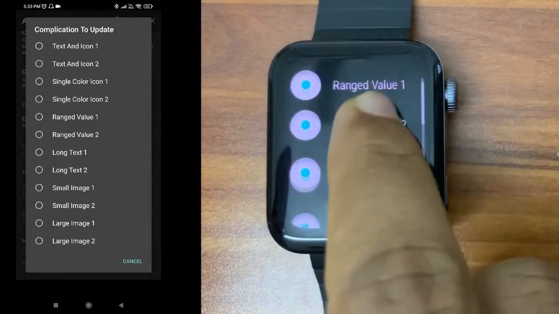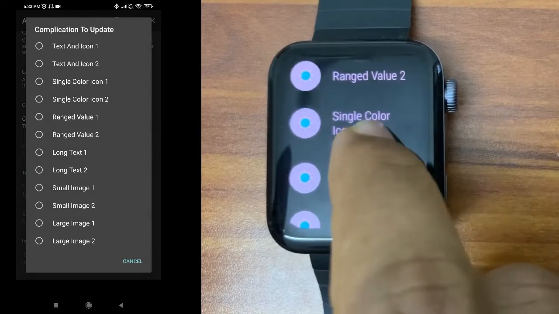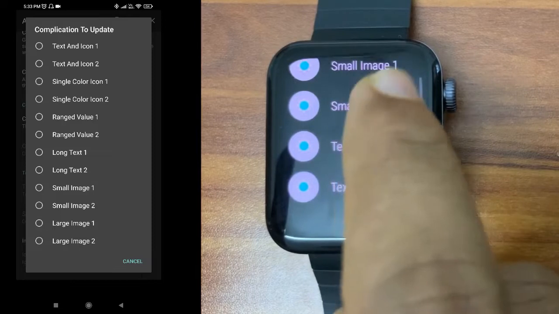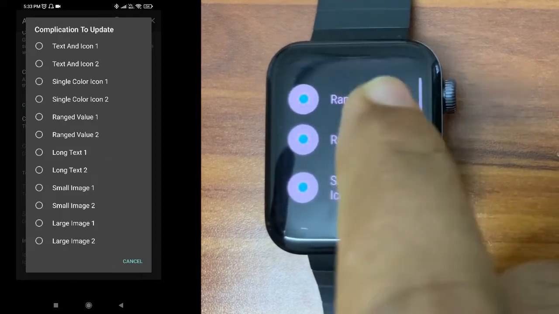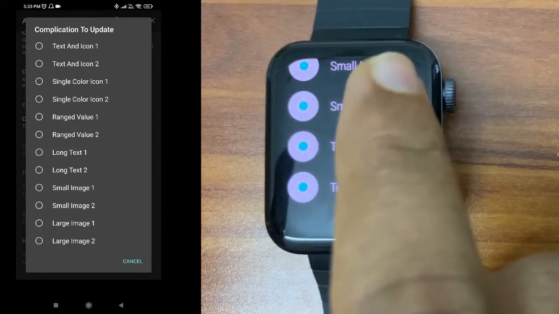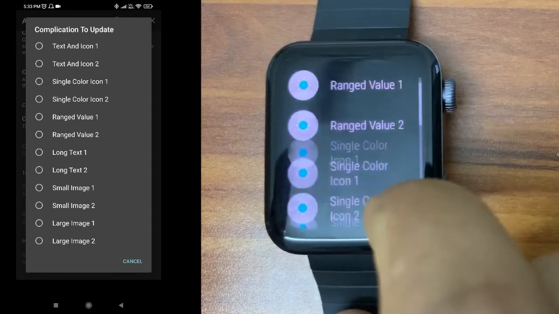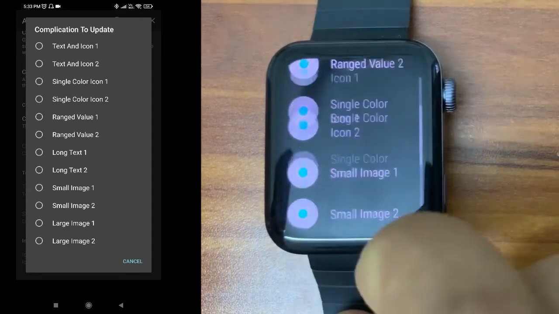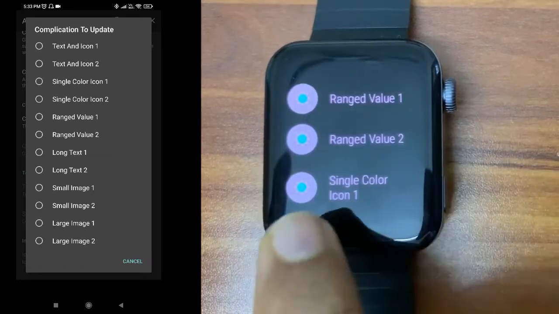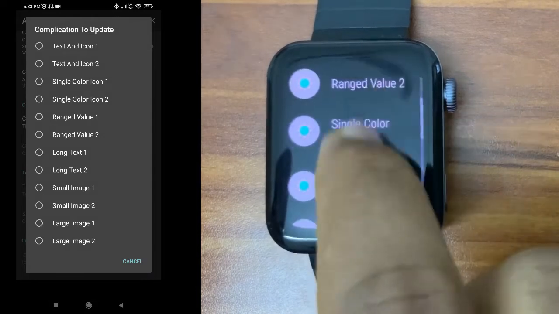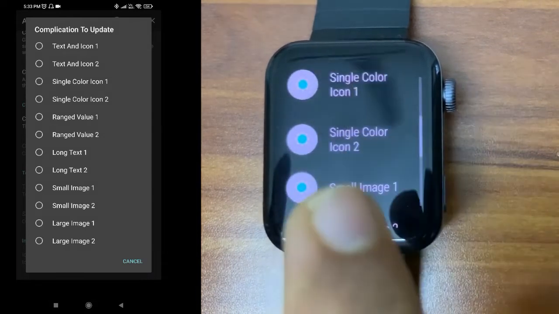Here: ranged value 1 to, single color icon 1 to, small image 1 to, text and icon 1 to. In the watch app, the large icon, the long text one and large image 1 2 options are not available. Actually the watch app is a different version I'm using, maybe because of that it's not showing in this version, but what is available I will show here.